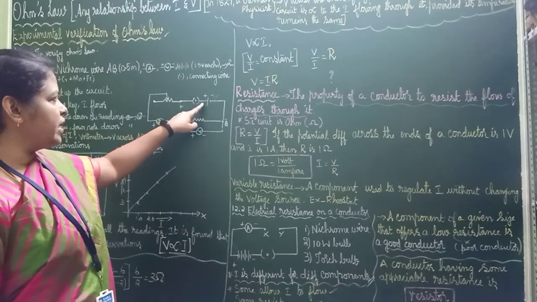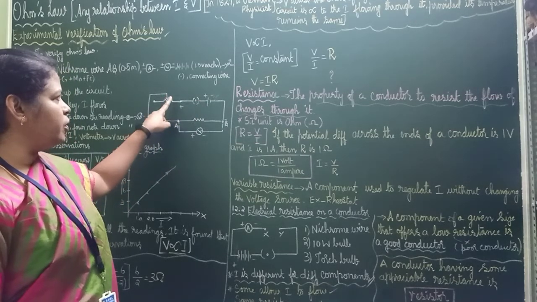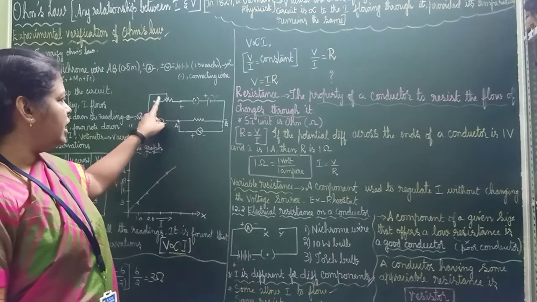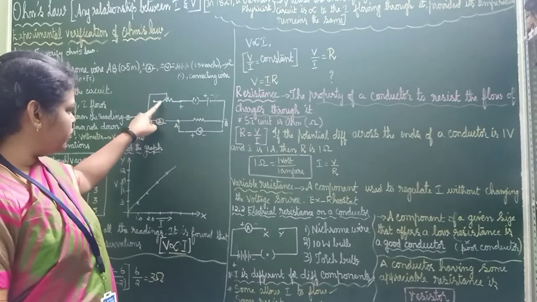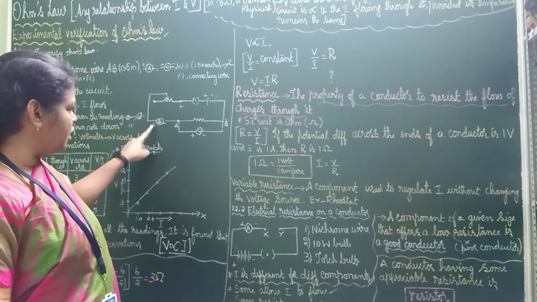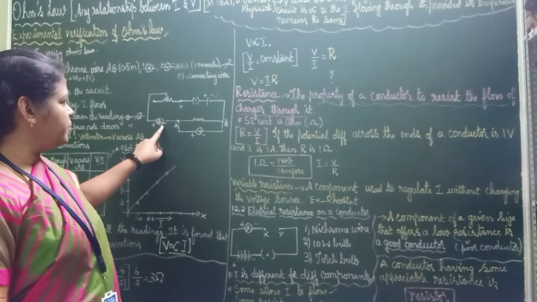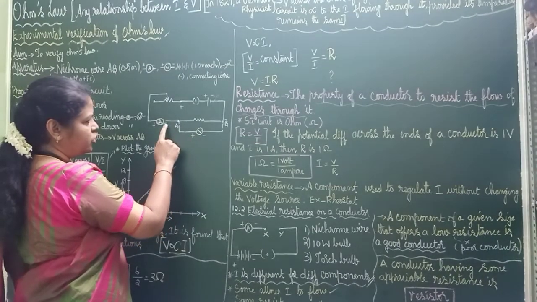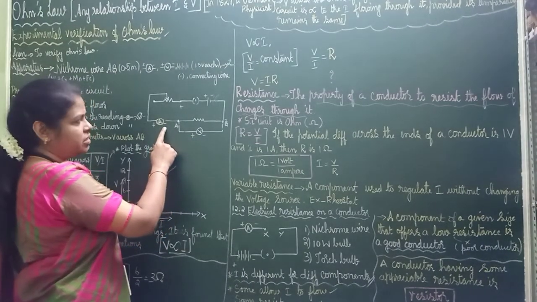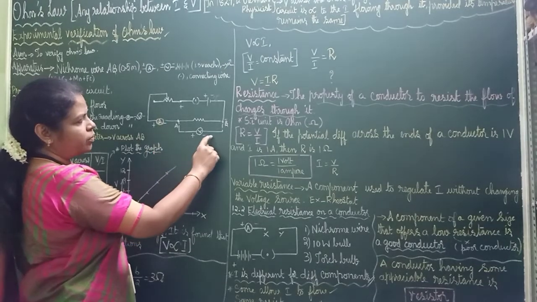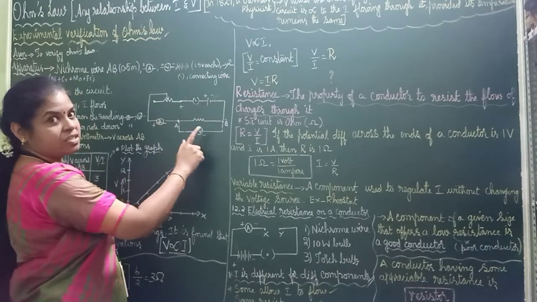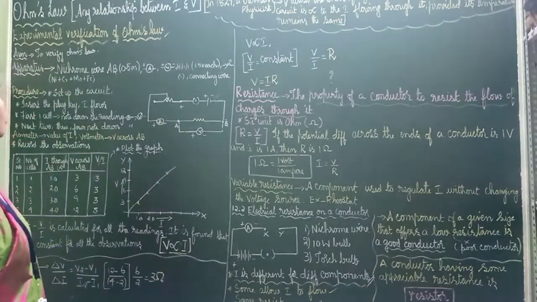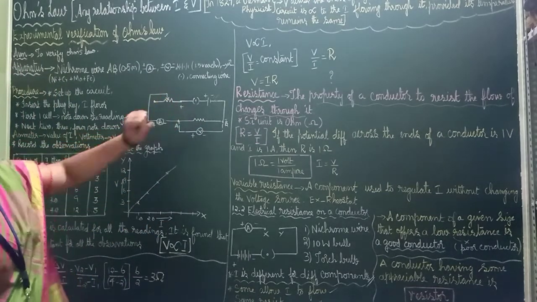See the connection how I have given. The positive sign of the battery is connected to the positive end of the rheostat. Then the negative end is connected to the ammeter. And the voltmeter's positive end is connected to the negative side of the ammeter. These connections are very important, you can't give them opposite to this. So you should set up the circuit like this.